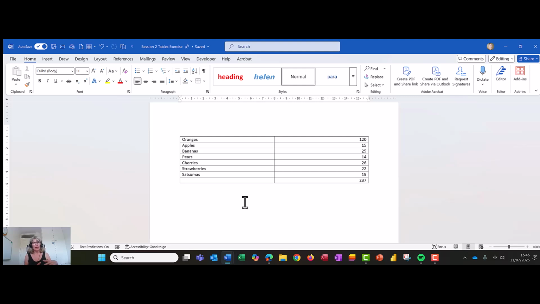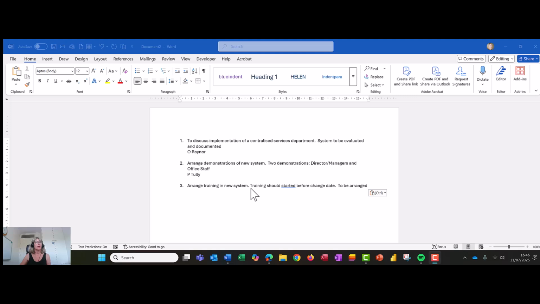Okay, let's stick back to the text to table. We're going to try something different. So in this example, I've got some notes from a meeting, and I've got the notes here, and I've got the action, person has to do the action here, and I've decided actually this would be better in the table with the note in one column and then the person doing the action in another column. Now for this to work, and sometimes with this feature you need to play around a bit,